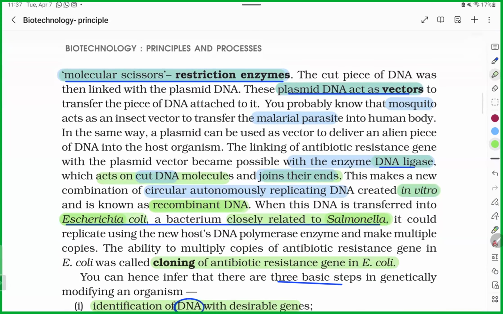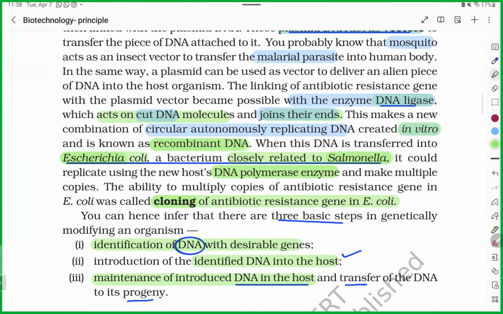So it can replicate using the host DNA polymerase enzyme, because bacteria have DNA polymerase enzyme. Bacteria can multiply the plasmid. Bacteria can multiply rDNA and make multiple copies. Right. So when you make multiple copies, that process is cloning. That process is cloning. There are 3 steps